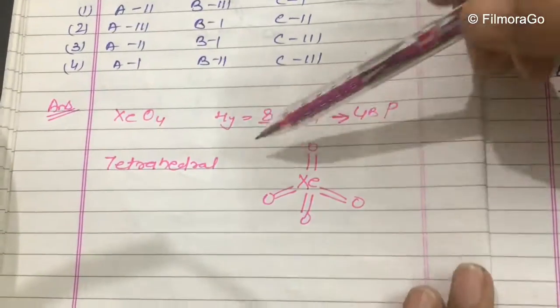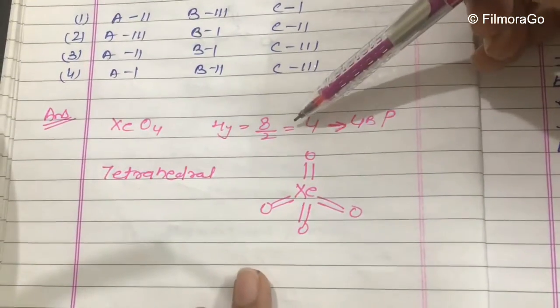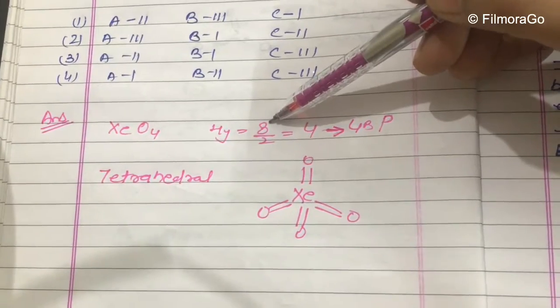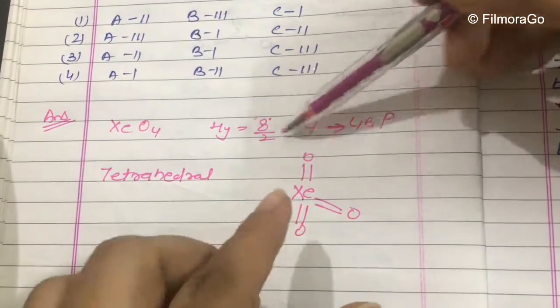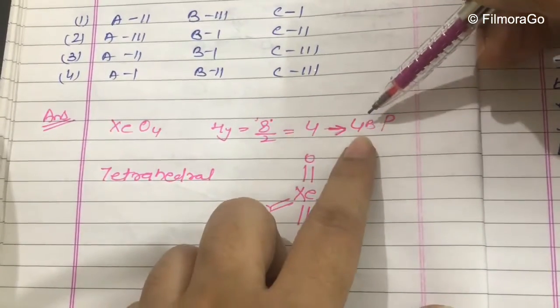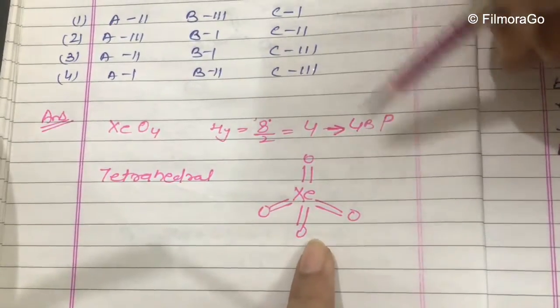First of all, we have to find out the structure of XeOF4. For xenon, the number of valence electrons is 8, no monovalent atom, so the hybridization will be 4. So the total pair will be 4 and 4 bond pair. If the total pair is 4 bond pair, the structure will be tetrahedral. Now in case of